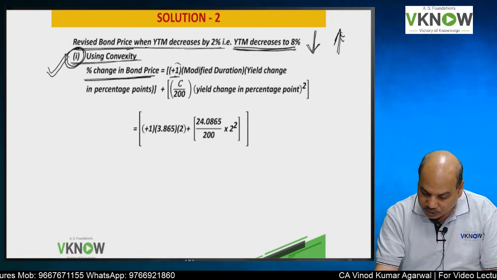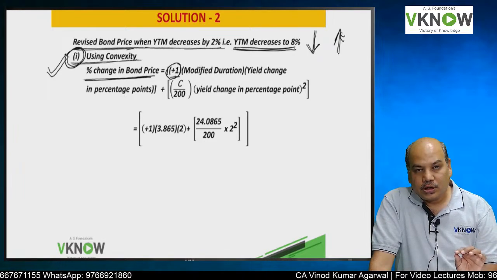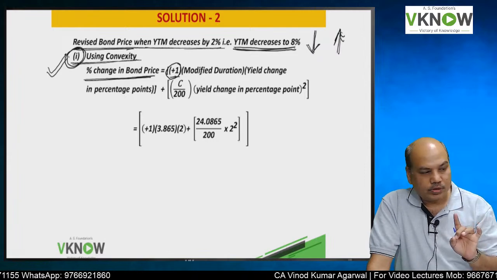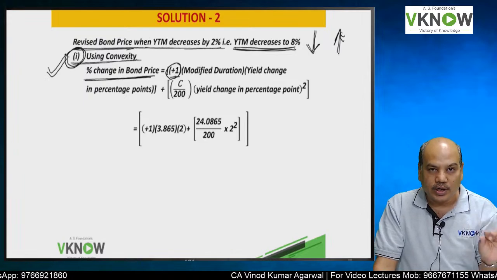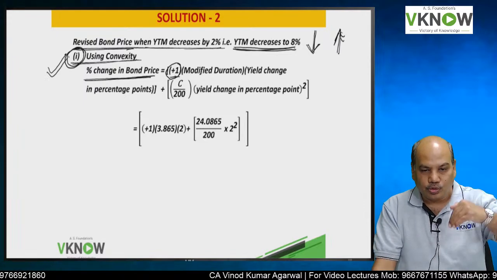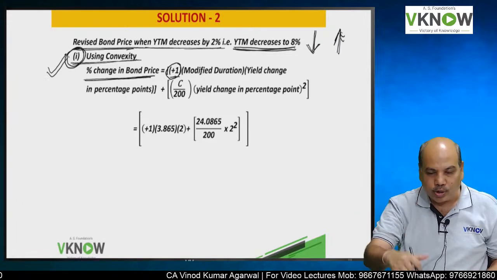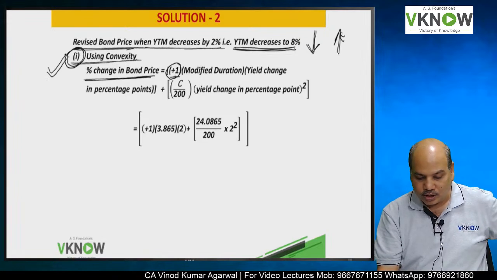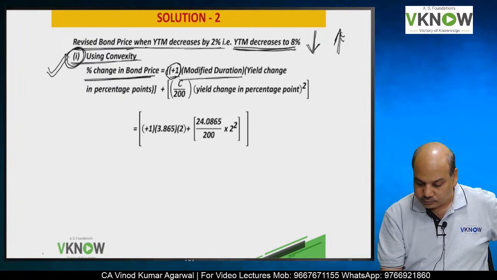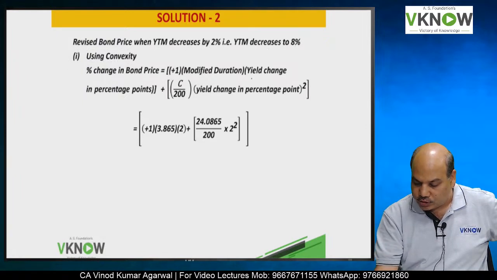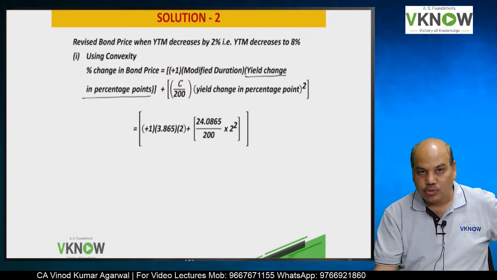Hence, the sign is +1. The sign will be -1 if the YTM goes up. The student knows there is an inverse relationship between the YTM and bond price. If YTM goes down, bond price goes up. If YTM goes up, the bond price will fall. Okay, right. +1 into modified duration into yield change in percentage point,